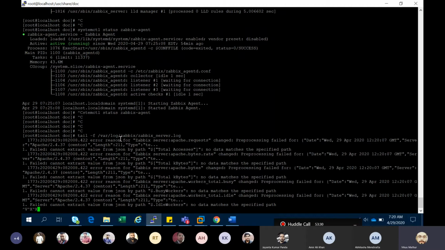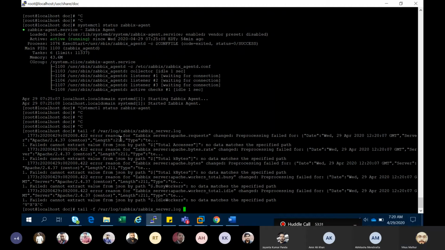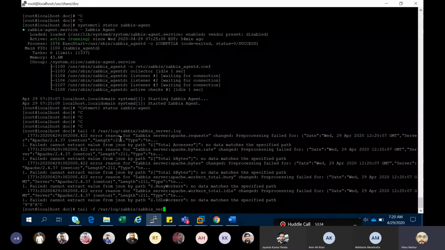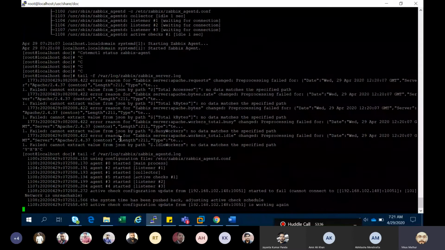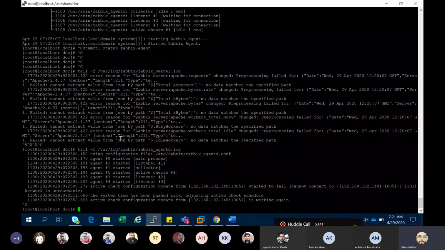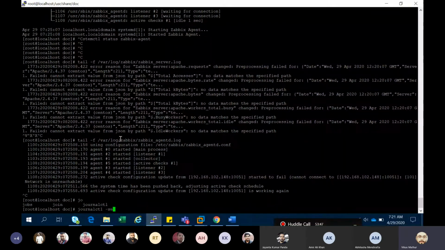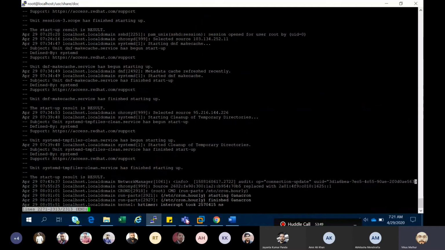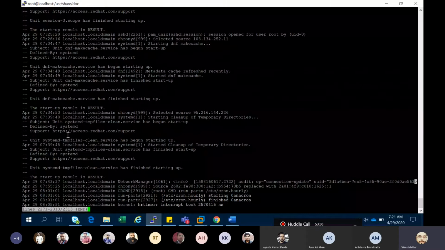This is for the server. If you want to check the agent, you can check it too. My logs you can easily find. And second most important, journalctl. That's a very interesting command. It will also tell you about the things, with -xe. With -xe, it will tell you if you made any mistakes.